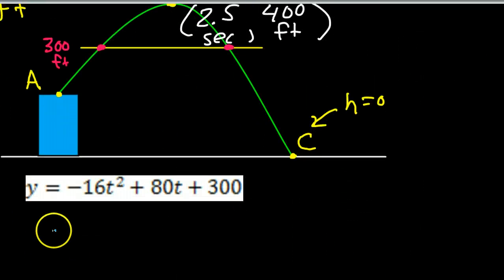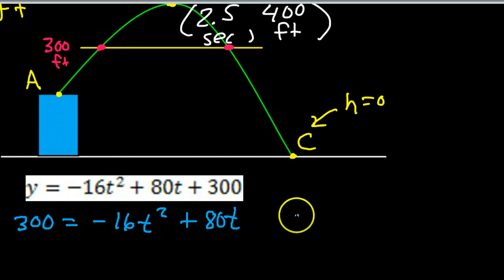Okay, so if they're giving us a y value of 300 feet, a height of 300 feet, then this equation becomes 300 equals negative 16t squared plus 80t plus 300. Oh, you know what? That's funny. Okay. The building is 300 feet high, so